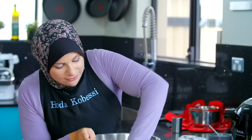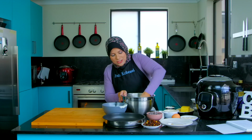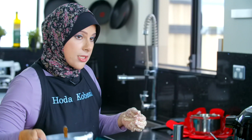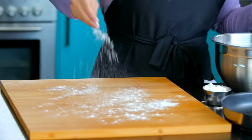And, you know, if things don't go according to plan, it's about being able to change and being comfortable with that change. I'm just going to knead that on the board a little bit. So, as I said, it's not a yeast-based dough, so it doesn't require too much, but we do want the glutens in the flour to activate. So we're just gonna flour our board a bit,